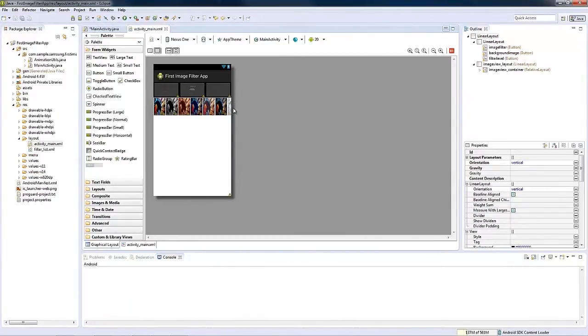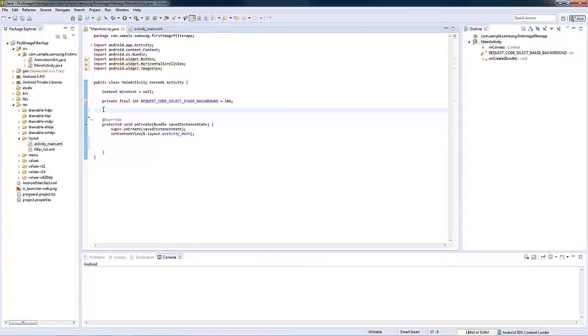In our UI, there are simply 3 buttons, a horizontal scroll view to contain our filters represented by image views, and of course, an additional image view for the image we're going to modify. The first thing we have to do is initialize all the UI elements we need to use.